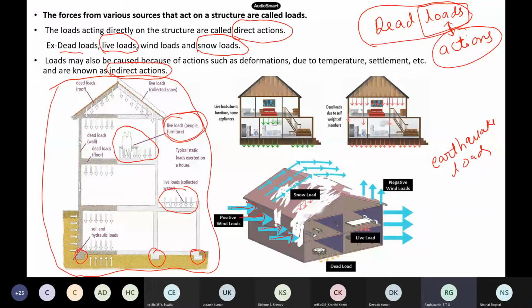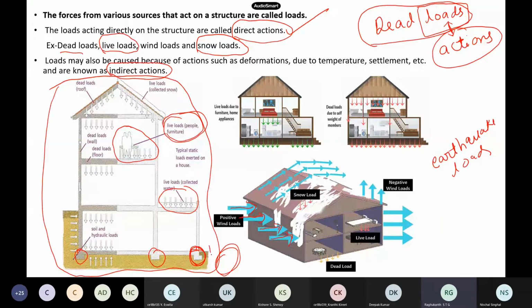Now, these all come under direct actions. Direct action means the load is acting directly on your structure. There may be indirect action also. So indirect action comes, let us say we are having 3 columns. Nowadays, apartments are coming up nearby, and they simply dig without even checking properly. What happens if they have dug something near the road or somewhere else? This column suddenly, you follow, right, may tilt or something may happen.